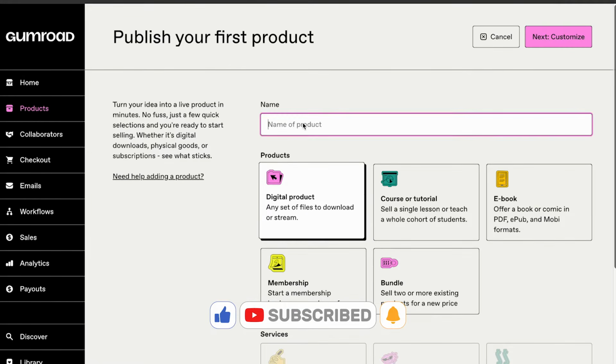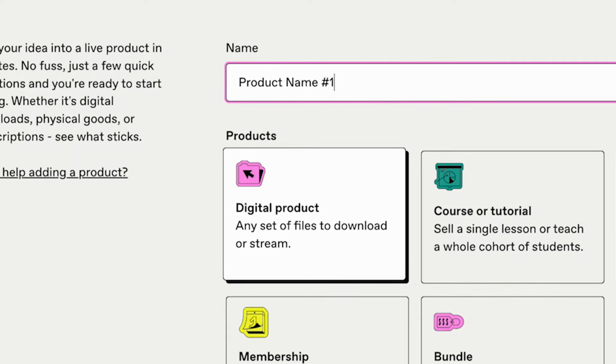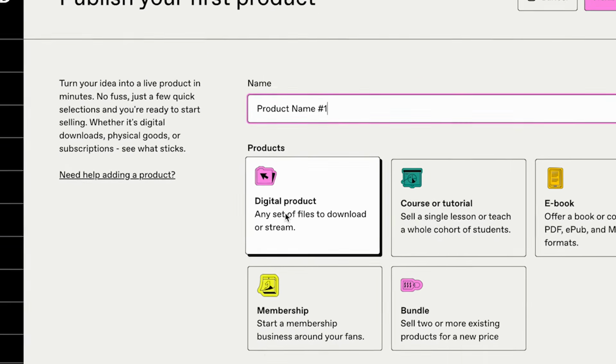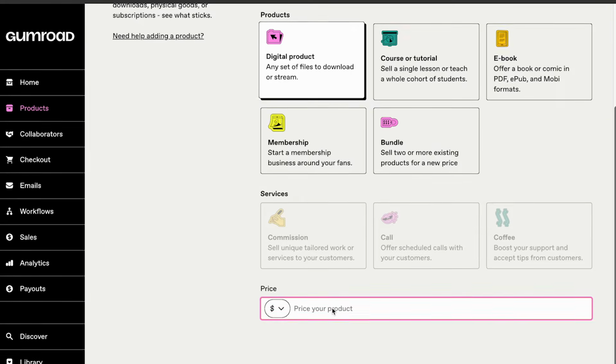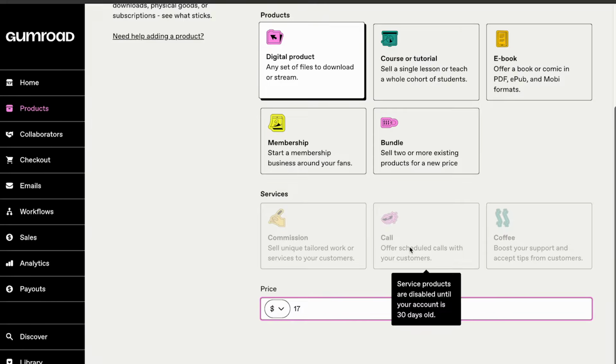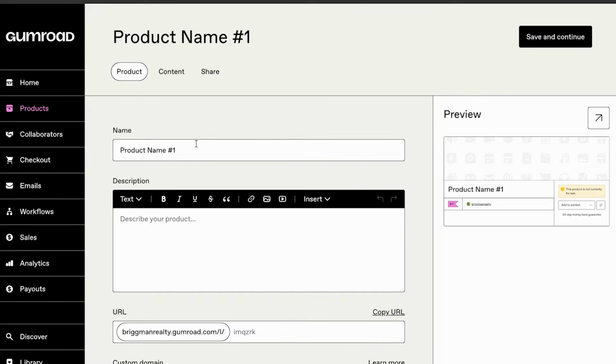So once we have the name of the product, I'm just going to say product name number one, just to make this easy. And we'll just say it is a digital product so you guys can see what this looks like. We'll just click next. We then would have to customize the price of the product. We'll say $17. We'll make this a $17 digital product, something very entry that people can consume and just get